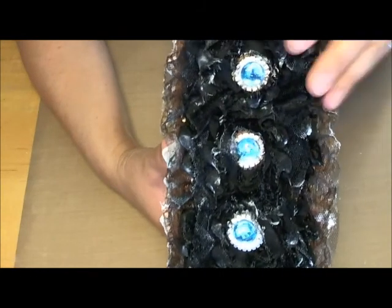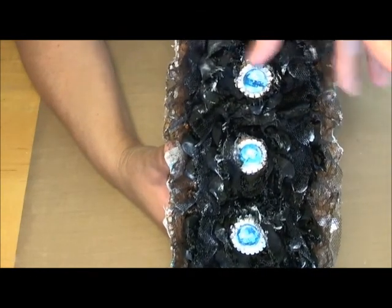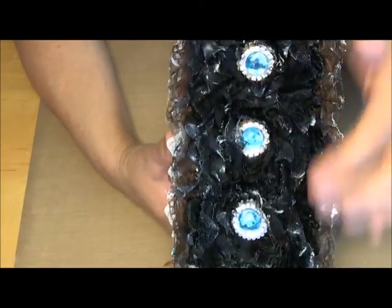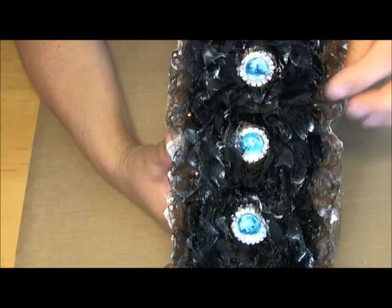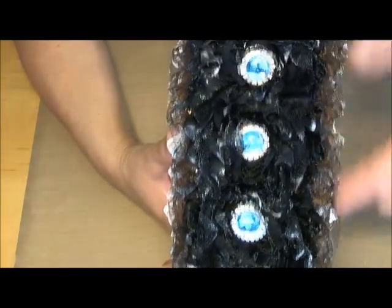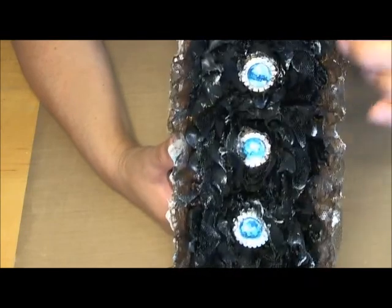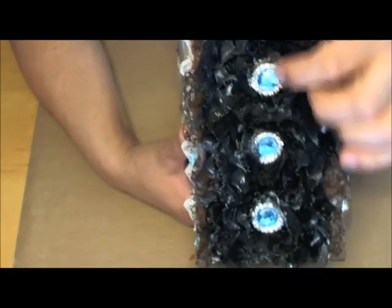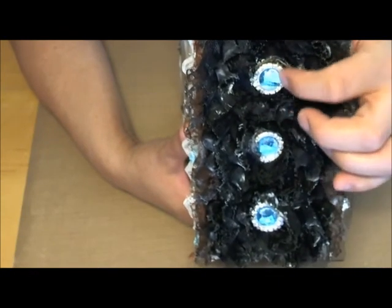Then what I did is I took the black floret trim, or what's it called, bloomer trim that I have, and it wasn't wide enough to cover, and it was too big to do two side by side and one in the center. So what I did was I took, it's 3 flowers on that rosette trim. I took a strip of 3, cut it in half, glued one half on this side and this side, scrunching it up a little bit because it was a little too long. And then I took a whole 3 of them and put it in the center so it covered the entire thing. And then in the center, I layered some gears on each one of these with a light blue bling